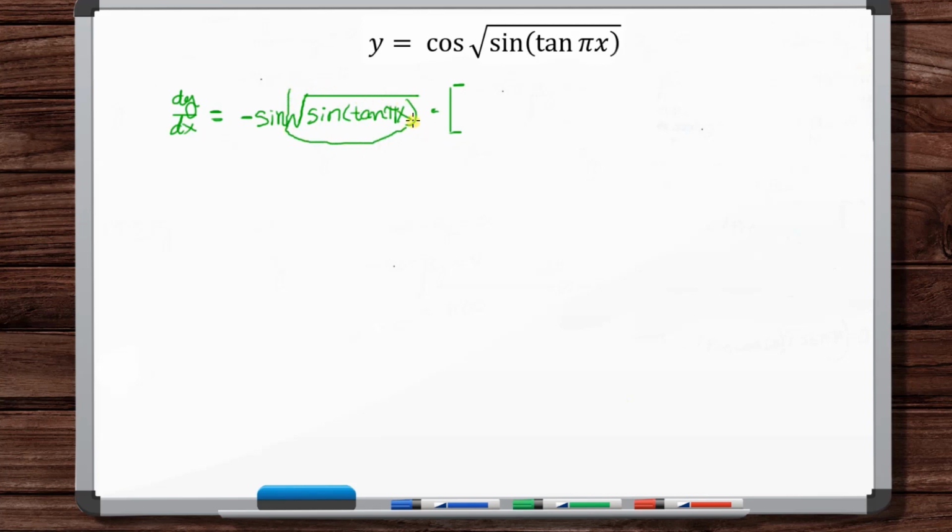This is that something, right? We had this was the cosine of something. So now we need to take the derivative of all of this, including that square root. Okay, so what do we know about a square root? The derivative of square root of x is 1 over 2 root x. So the derivative of the square root of something is 1 over 2 root of that something,